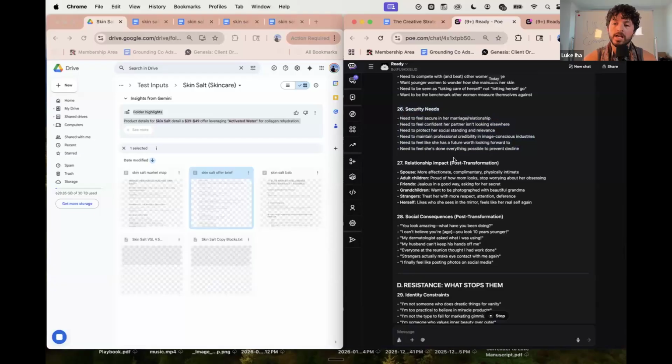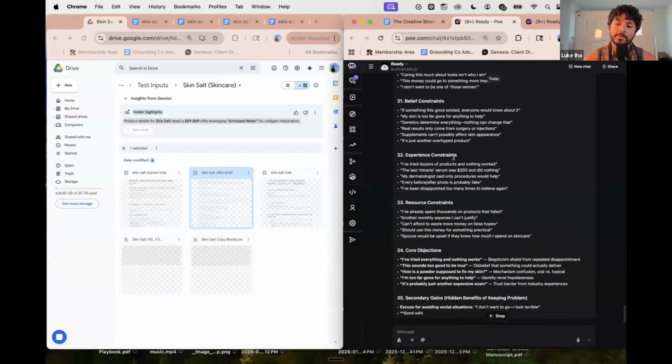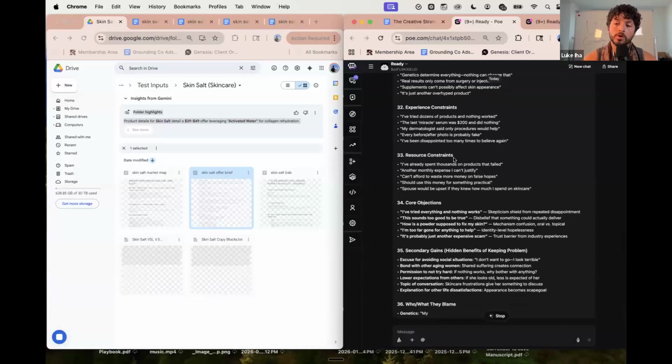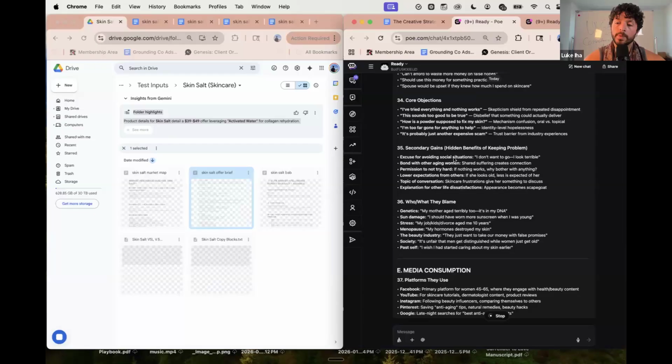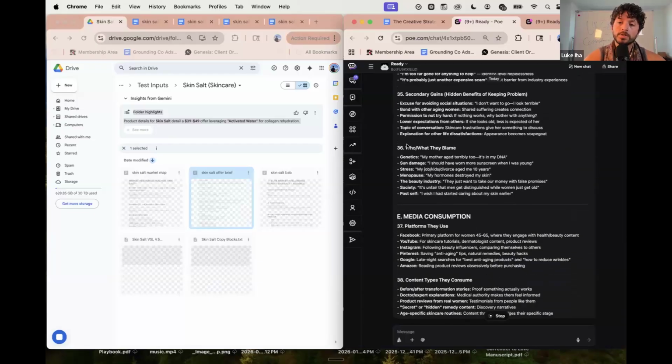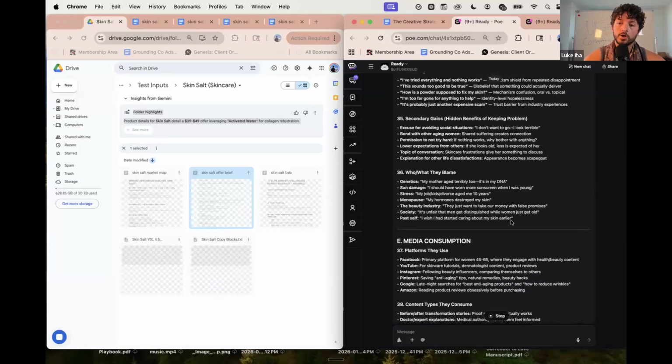These security needs. Do you guys see how I'm using this? It's not like I'm taking this and making every single ad. Really, what I'm doing is this covers the entire territory. I know I'm not missing anything. And I can go through and pick and choose different ideas. And then I can use each section to expand on who, what they blame. So, could I take this and literally just go into regular Opus and say, explain to me who and what they blame? Or take this into the build a buyer and say, go deeper into who and what they blame. Give me ideas there. Exactly, Chris. That's a really great way of putting it. Compiling a pool to go fishing with intuition. That's a really great way of putting it.